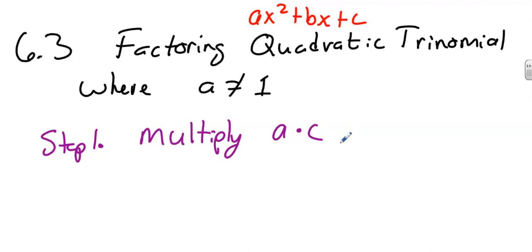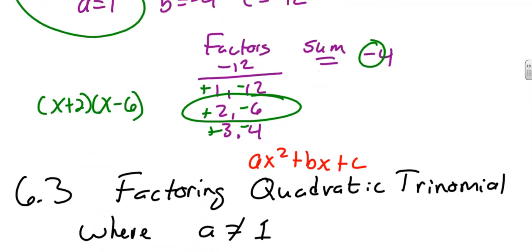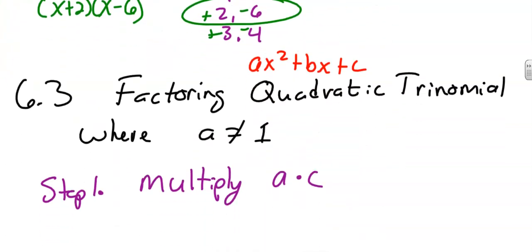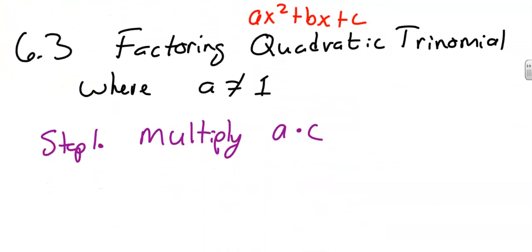The very first thing you're going to do is multiply a times c. Technically, with the previous problem we would do the same thing, but the a value is always 1, so when you did 1 times negative 12, it was always just the number, so we didn't have to worry about it. For this one, we're going to do the same thing. We're still going to do a times c. Step 2,